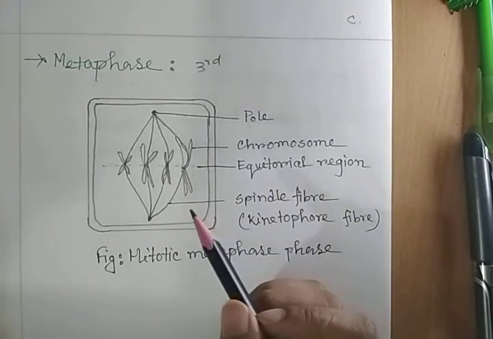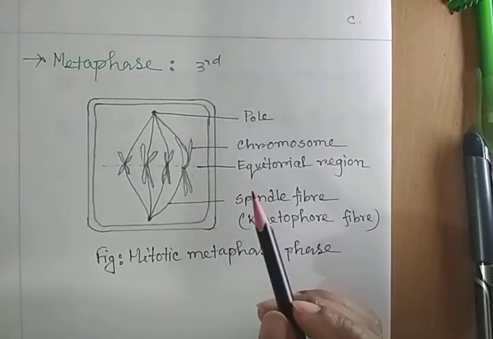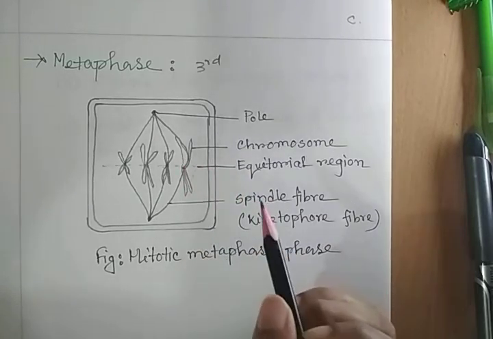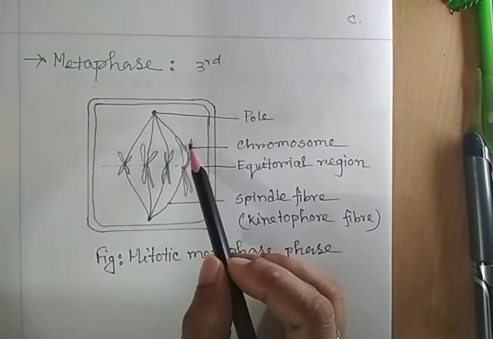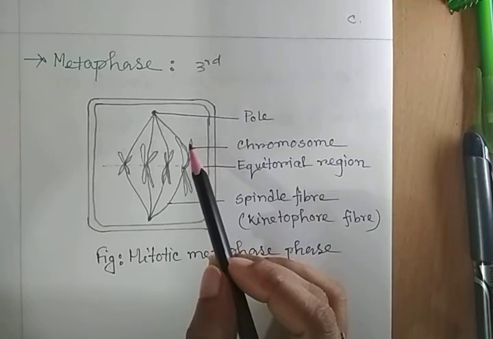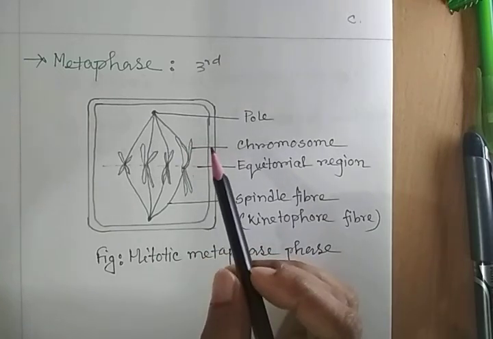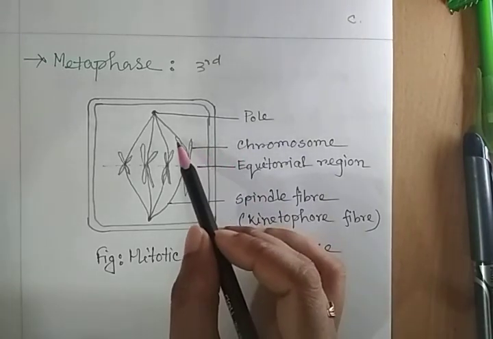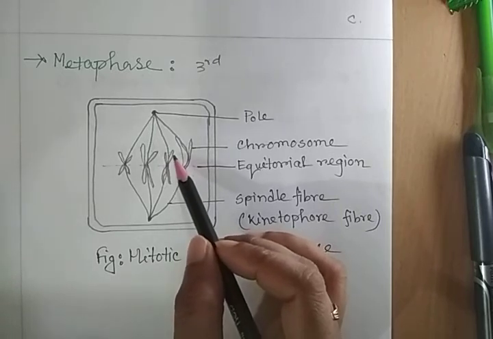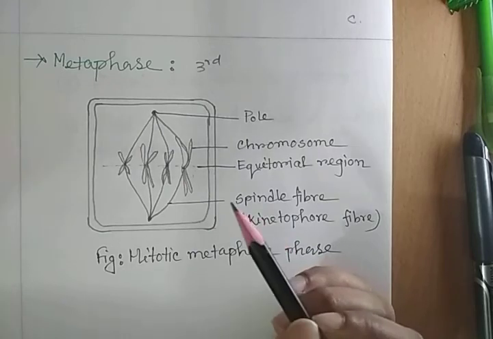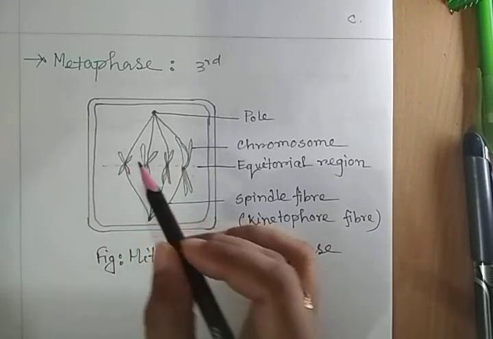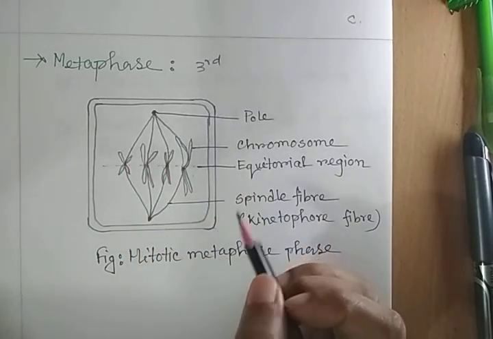In this stage, the chromosomes look most thick and short. Attraction between chromatids declines, that means decreases, and repulsion increases, that means the chromatids of each chromosome are getting separated from each other. At the end of this stage, the centromere of each chromosome starts dividing.